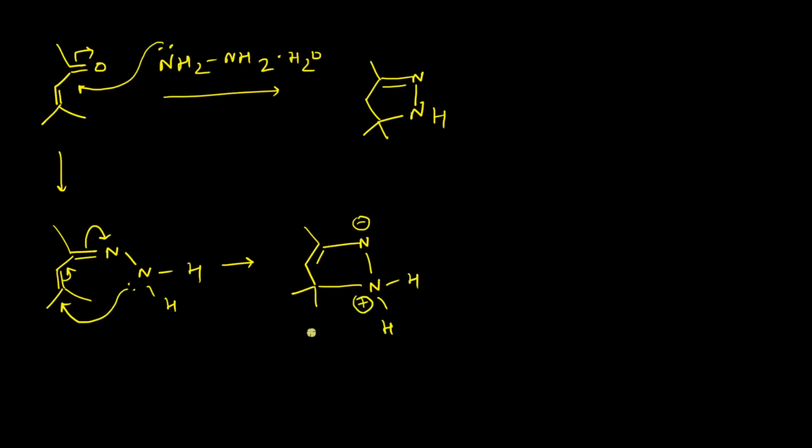Right. So after the formation of this zwitterionic species, there will be a proton transfer. Either of these two hydrogens will be shifted towards this negatively charged nitrogen center as a proton. So the intermediate will be this one. And after that, this particular nitrogen hydrogen bond will undergo tautomerization, and it will eventually lead to the formation of this nitrogen heterocycle.